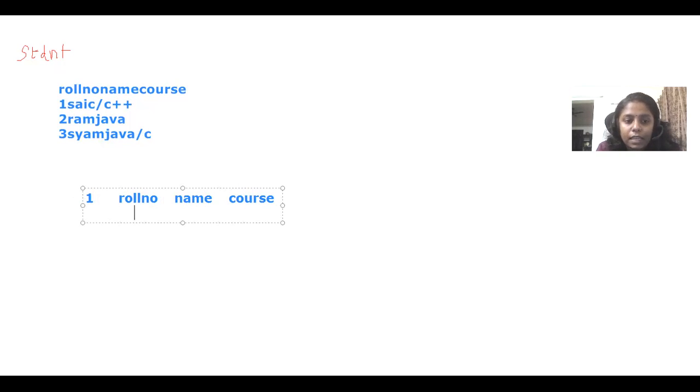So I make it as the first way how we can make it into first normal form. The first value is 1. Then what is that? Sai. The student name is Sai and he is studying C language. Okay. Then again I am creating the same student record. Sai. Then the course is C++.